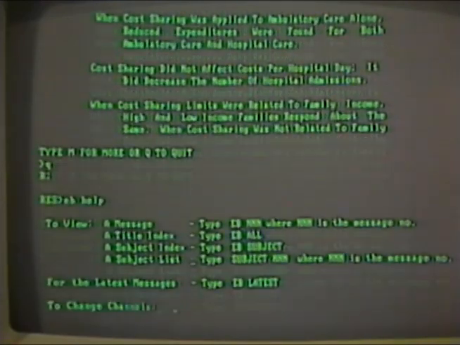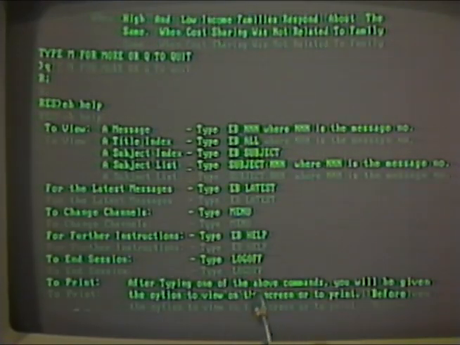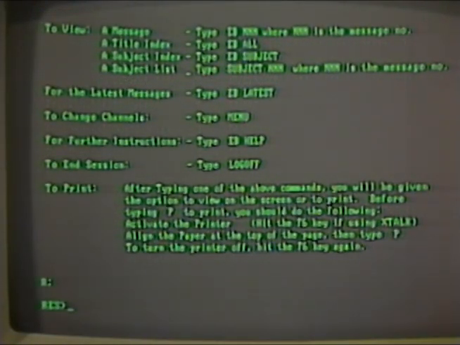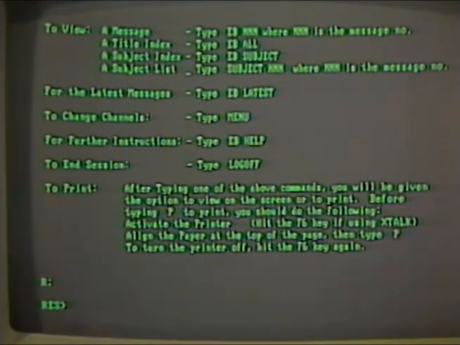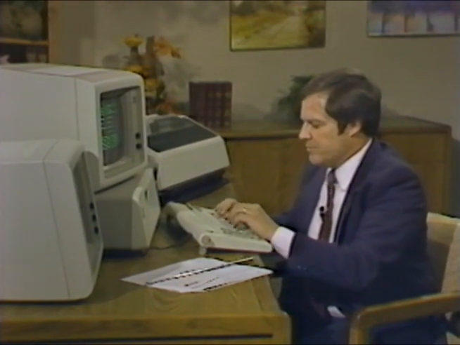Now, let's say that we forgot what our options were. We would type EB help. And again, as you see, we have the summary of the commands that are available to us. If we would want to look again at the latest 6 items that have been added to the channel, we would type EB latest. But this, in effect, is an example of how we can use this library to access information. If we wanted to change channels, we would type menu,